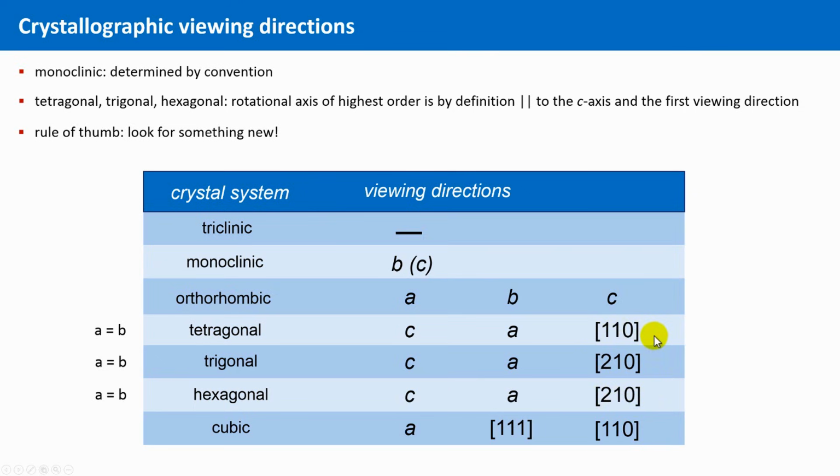They are specified here for the 3 systems by these numbers, whereby these directions are always perpendicular to the respective lattice planes of these indices. The direction 110, for instance, is perpendicular to the face diagonal, and 111 is the direction perpendicular to the space diagonal. Okay, before we have a look at a first concrete space group in detail, I would like to